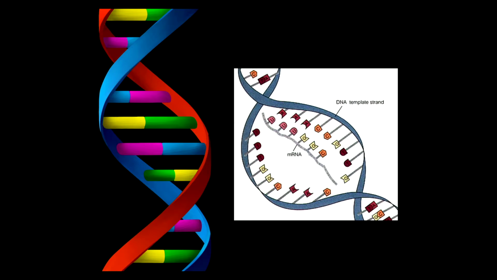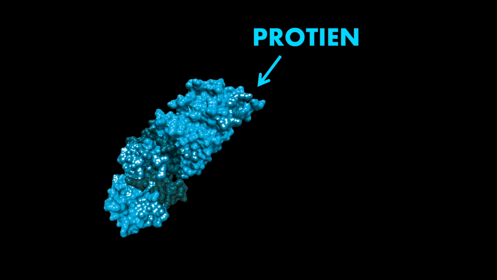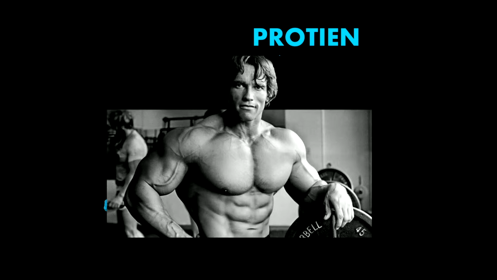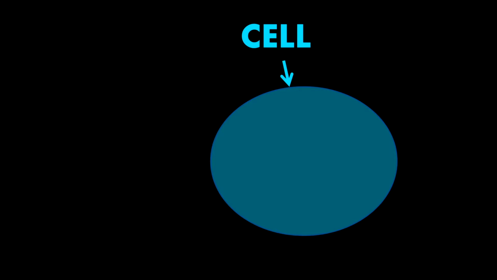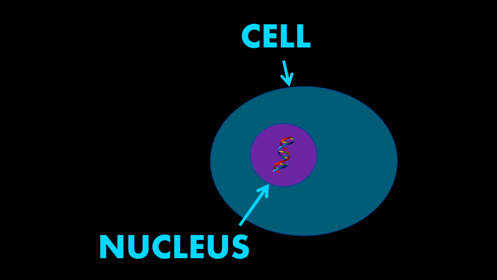Protein synthesis. Protein synthesis happens in two processes, transcription and translation. We will learn that DNA is the recipe for RNA, and RNA is the recipe for proteins, and proteins are what make up your body. So in our body, there are millions of cells, and all eukaryotic cells have a nucleus, and in the nucleus,